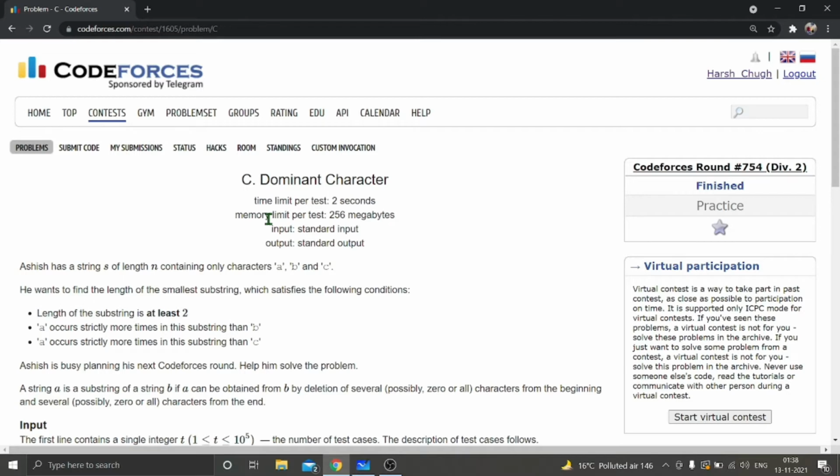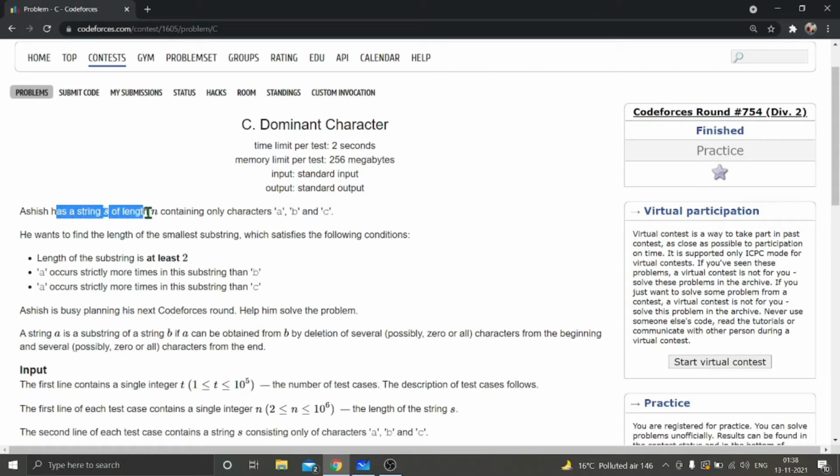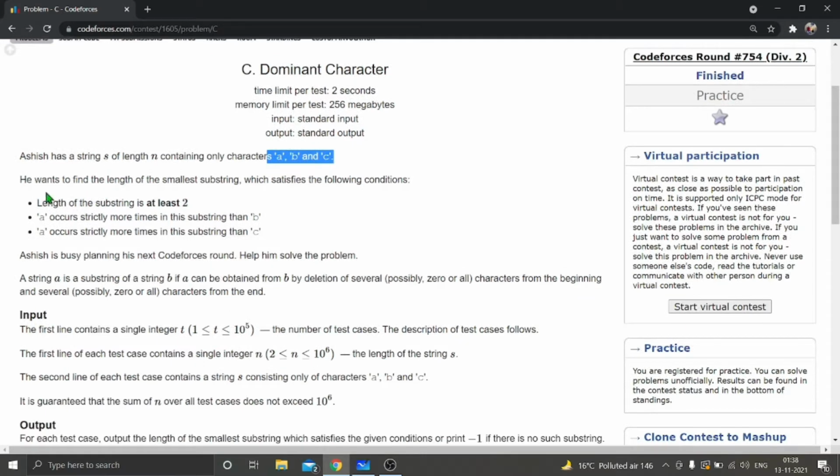Today we are going to discuss problem C, Dominant Character, of Codeforces Round 754 Div 2. The problem statement is: Ashish has a string S of length n containing only characters A, B or C. Only A, B or C will be present in the string. He wants to find the length of the smallest substring which satisfies the following conditions, and the conditions are